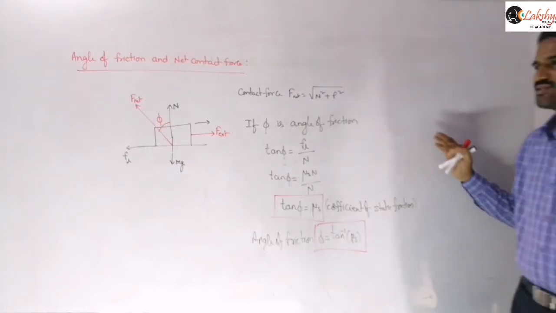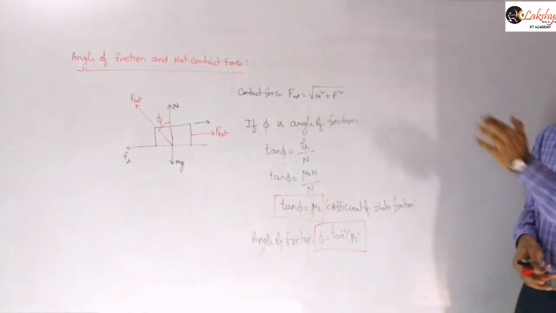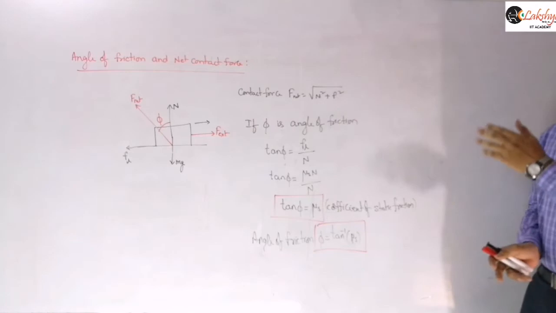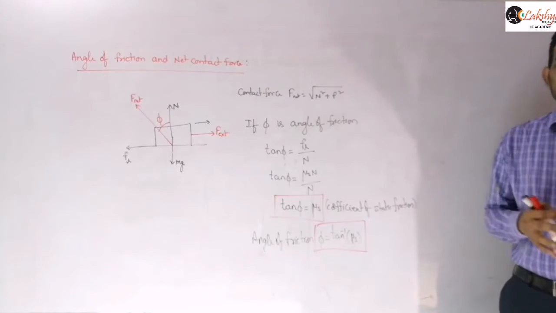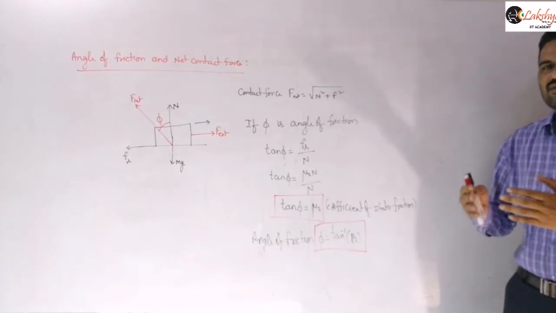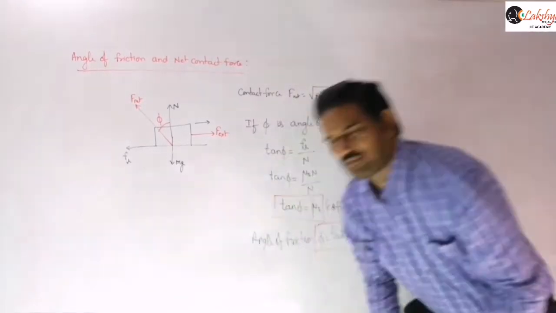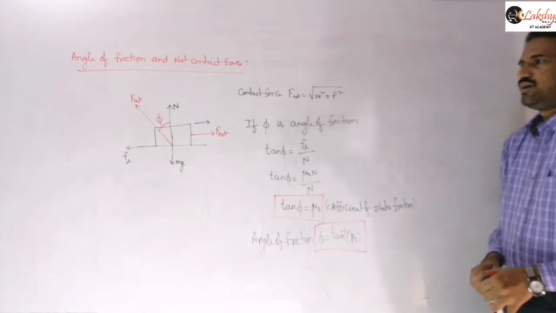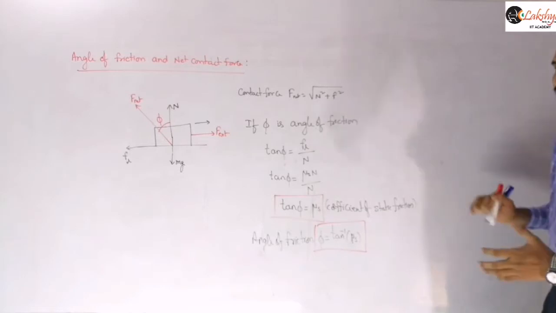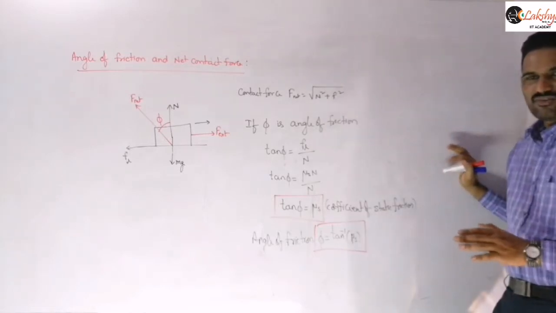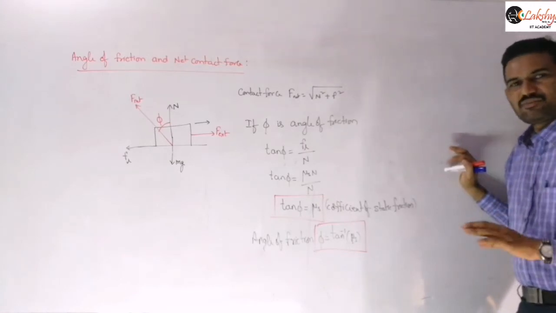So angle of friction means the angle made by the net contact force with the normal reaction. And now let us come to the contact force here: the different possible values of this contact force, the maximum value and the minimum value. So can you say when that contact force will be minimum? When the body is placed on the horizontal surface, definitely the normal reaction value will be there, right?